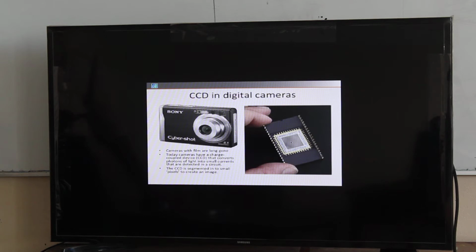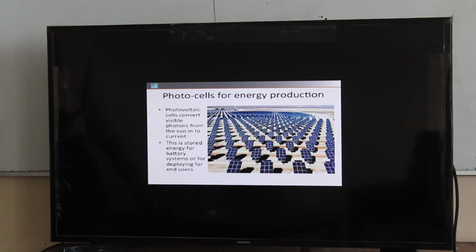The idea of photovoltaic cells is derived in the same way. With photovoltaic cells, you take photons from the sun and convert them into a current. This is stored either as energy in a battery or delivered to systems for use by end users. But all of that is just making use of the photoelectric effect. There's also another instrument called the photomultiplier tube, which makes use of the photoelectric effect to detect faint amounts